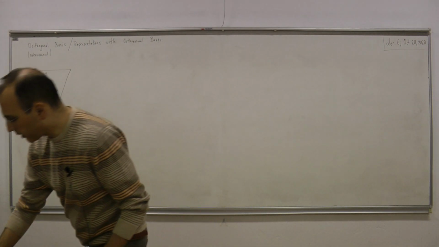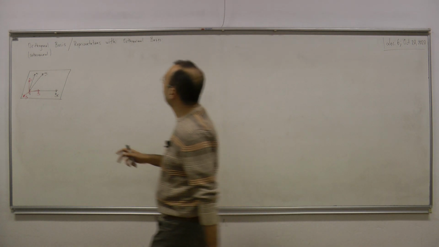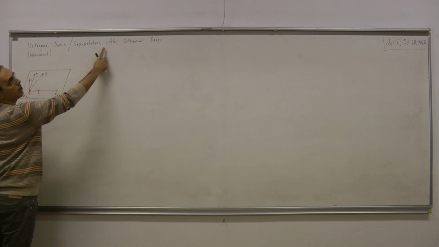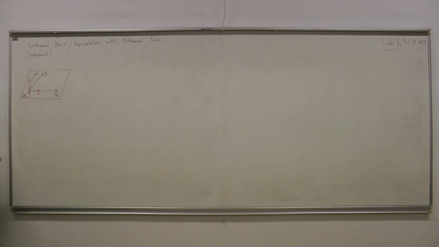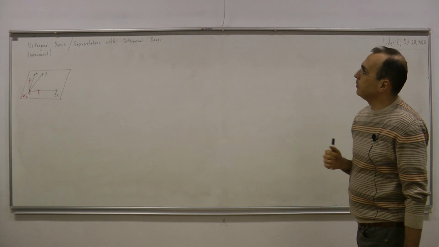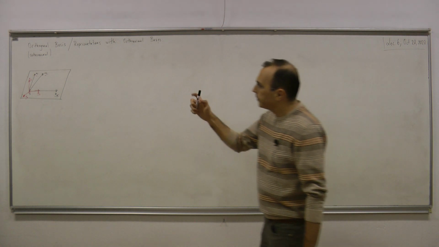Okay, so let's get started with our lecture number 6. Last time we were discussing orthogonal basis, and today we are starting representations with orthogonal or orthonormal basis. The difference between orthogonal and orthonormal is, orthogonal basis means these vectors are pairwise orthogonal to each other. Orthonormal is they are orthogonal and normalized to unit norm. Of course, you are familiar with this orthogonality concept and orthonormal basis concept earlier on, but let's summarize it